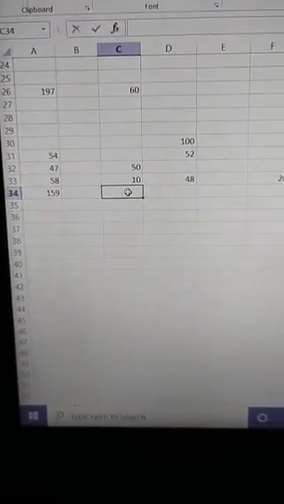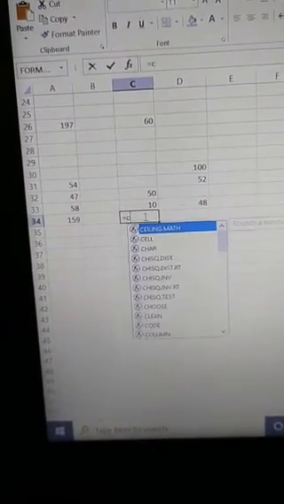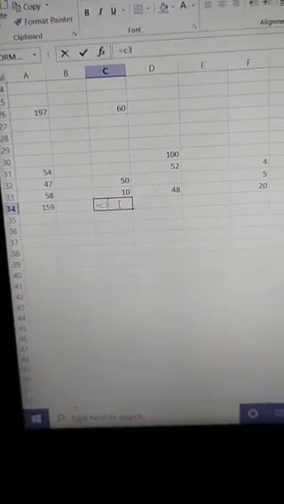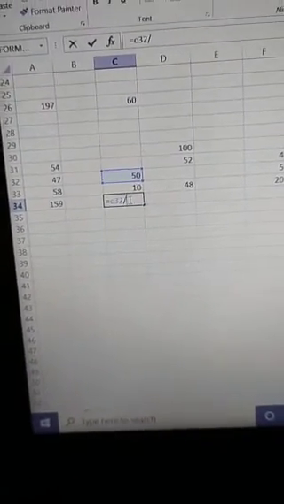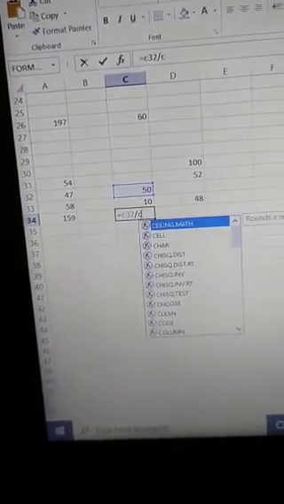I have selected the cell and then I type equals to, the cell reference C32 divided by C33. When we click on this and press enter, the result will be displayed. In this manner we can do mathematical operations using Excel 2013.